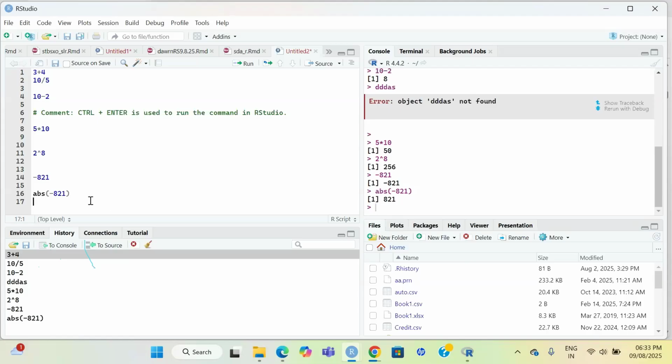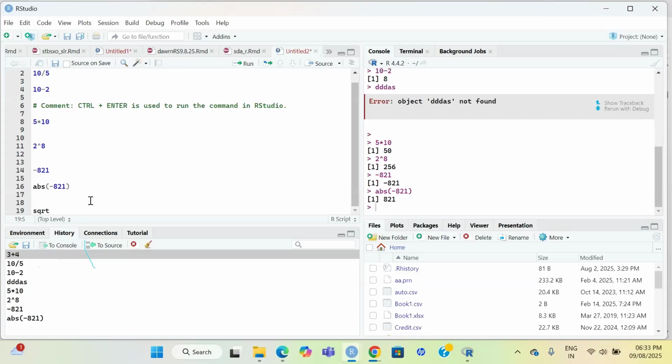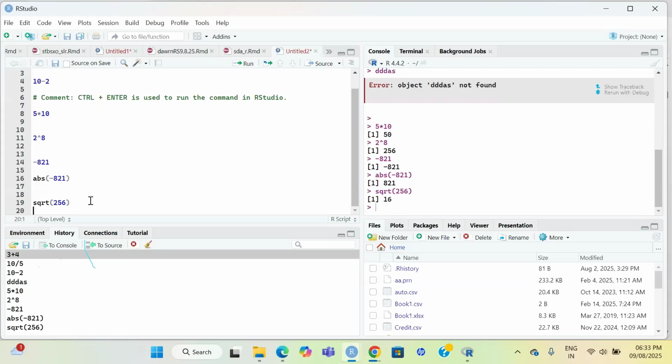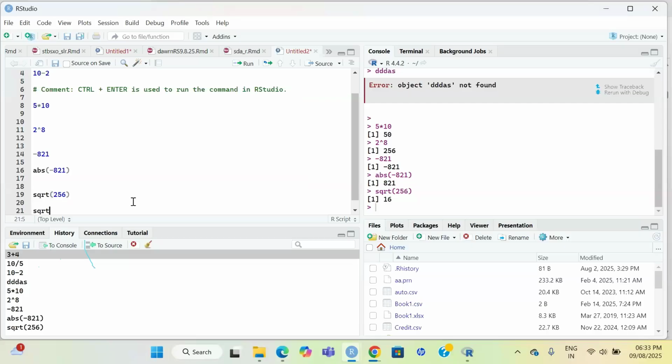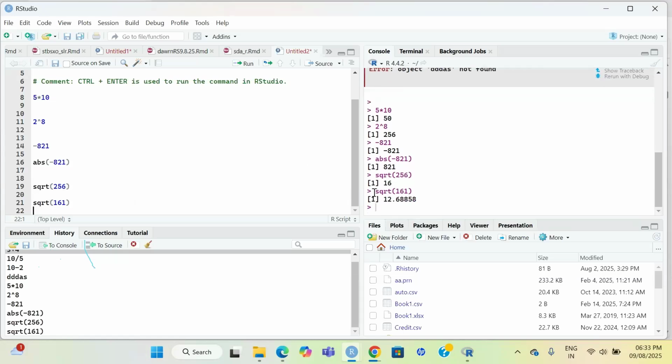Okay. And then we write sqrt of 256. Then we run this. Then see here, sqrt of 256 is 16. sqrt of any number, sqrt of 161. So see here, this is 12.68858. Okay,